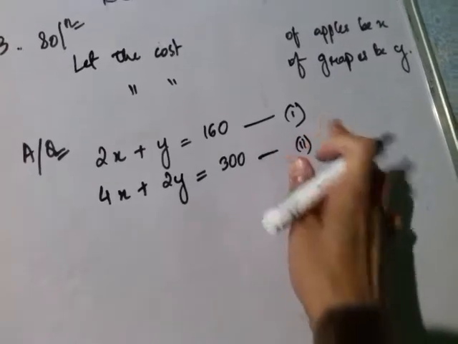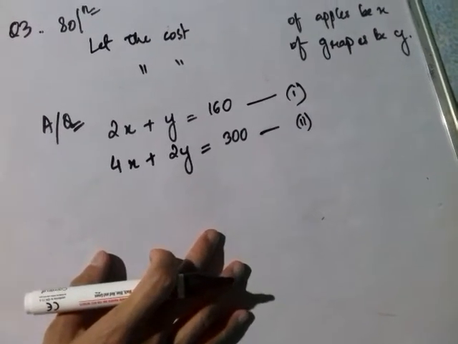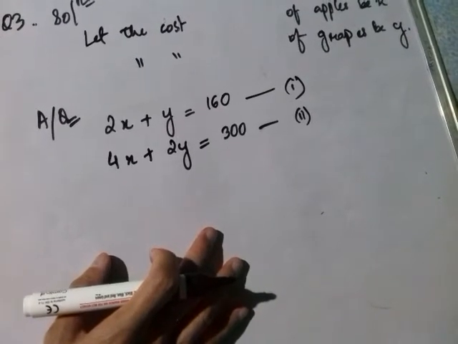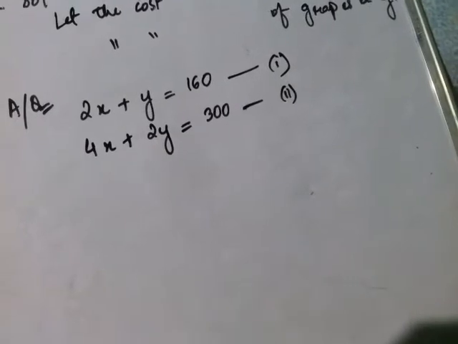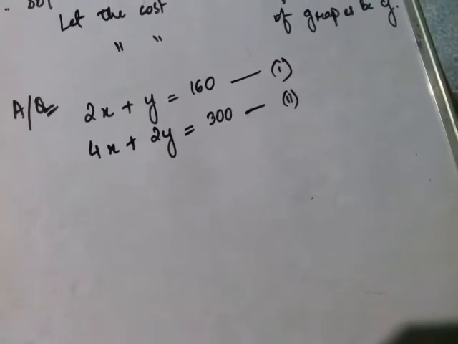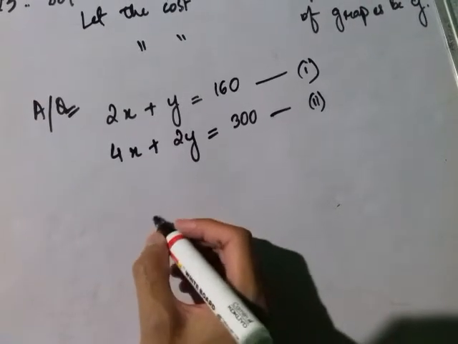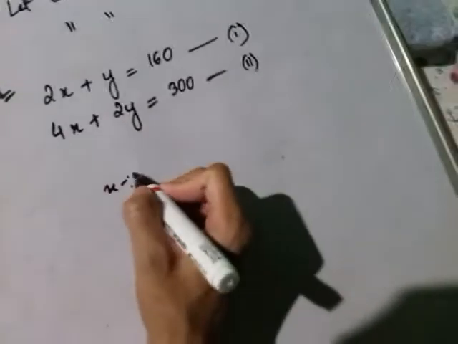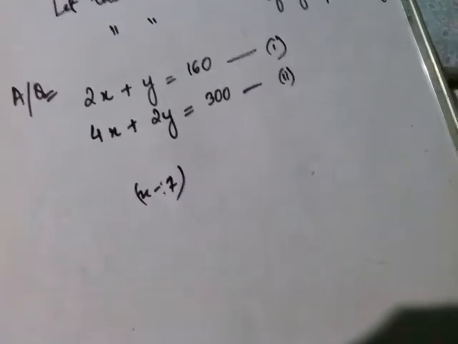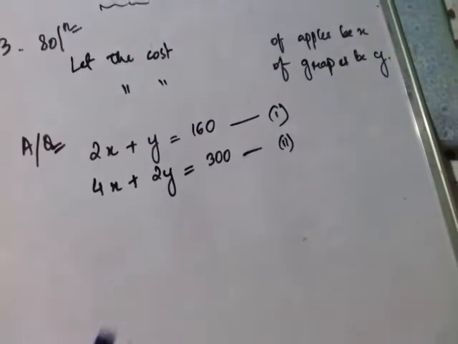This will be equation 1, and this is why we have written it here directly, because in question number 1 they have mentioned that after 7 years, that means 7 years ago, or 3 years ago, like that, okay. That means Rahim's father's age after 7 years, what will it be? x minus 7, like that they have mentioned it in a word problem, okay. But here they have only mentioned it directly.